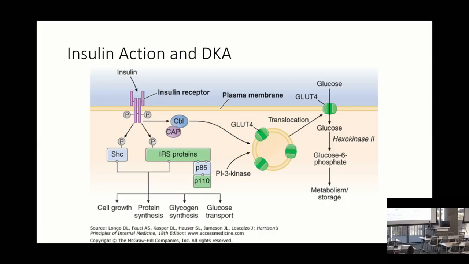ketoacidosis, often the first thing that corrects is the glucose transporters going to the cell membrane. So many times when you're treating DKA, the glucose corrects. The hyperglycemia normalizes quickly, but you still have acidosis. So it's really important to understand what is happening in the background, because if you just focus on the glucose, you might miss an ongoing DKA, because you have to look for the resolution